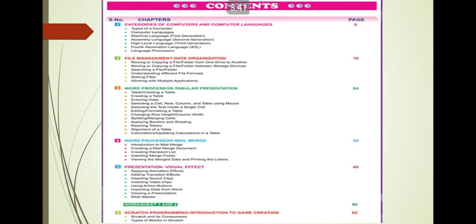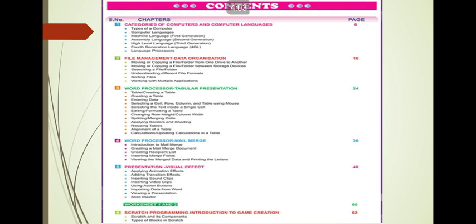many persons, just think of 10 persons, we have taken an example of 10 persons, you don't have to write that letter 10 times with the address. You have to just write the letter once and send it. How it will be done, all these processes, all these steps we'll study in this chapter, word processor mail merge.